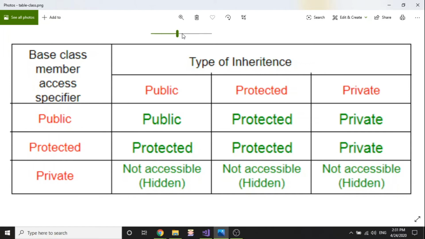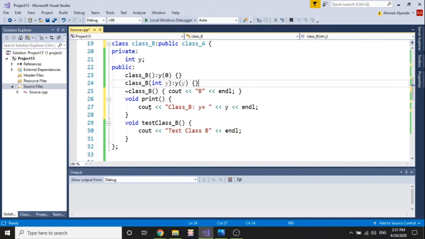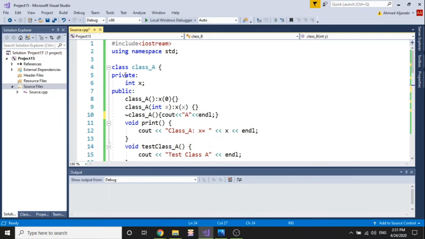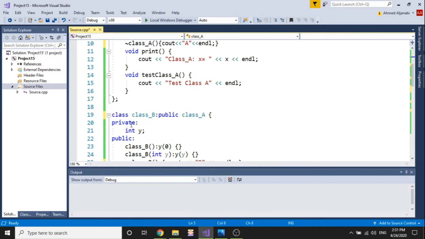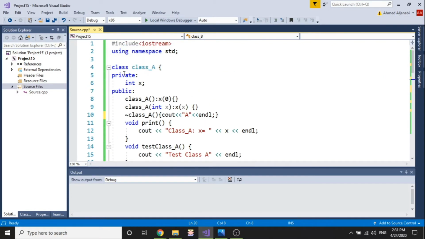But if it's defined as protected and you try to inherit it, it's going to act as public and you have access to it. So what does that mean? Okay, let's go back here. You see this private section, this private element and this private element here. Now let's go ahead and change this to be